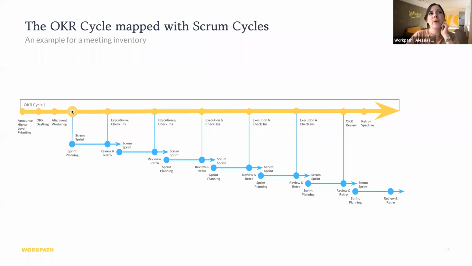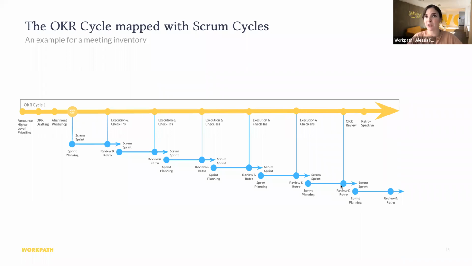And this is where the Scrum level, so to say, kicks in. This is where we will have to translate whatever we have done in the OKRs into our sprint planning, then into a backlog and plan it into our first sprint. After we have done the sprints, of course, we would have to review the results of the sprints and then also check into OKRs. And this is being repeated every time until we basically reach the moment where the cycle